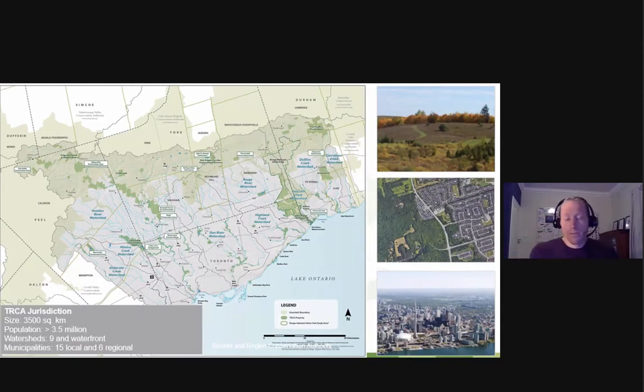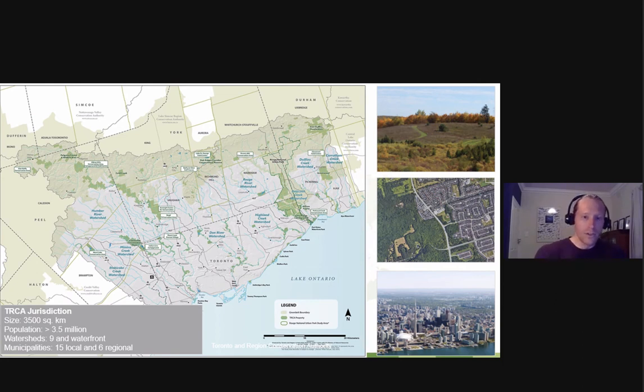The focus area for this project was the area under the jurisdiction of the TRCA. What we have is the city of Toronto, and the city of Toronto boundary is this dotted line around here. Essentially the grayed out area is all the areas under the management of the TRCA, and it encompasses surrounding municipalities.